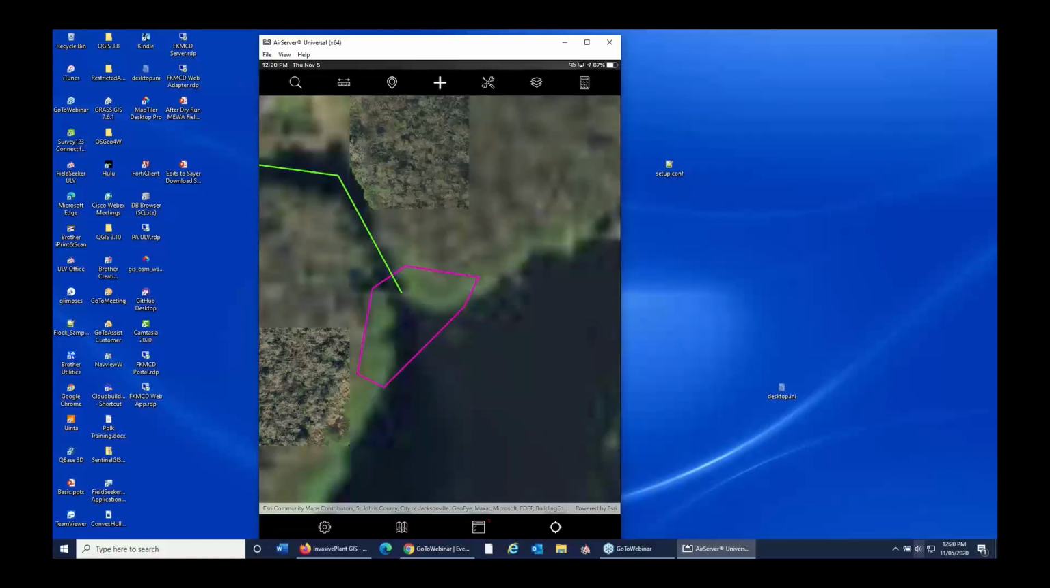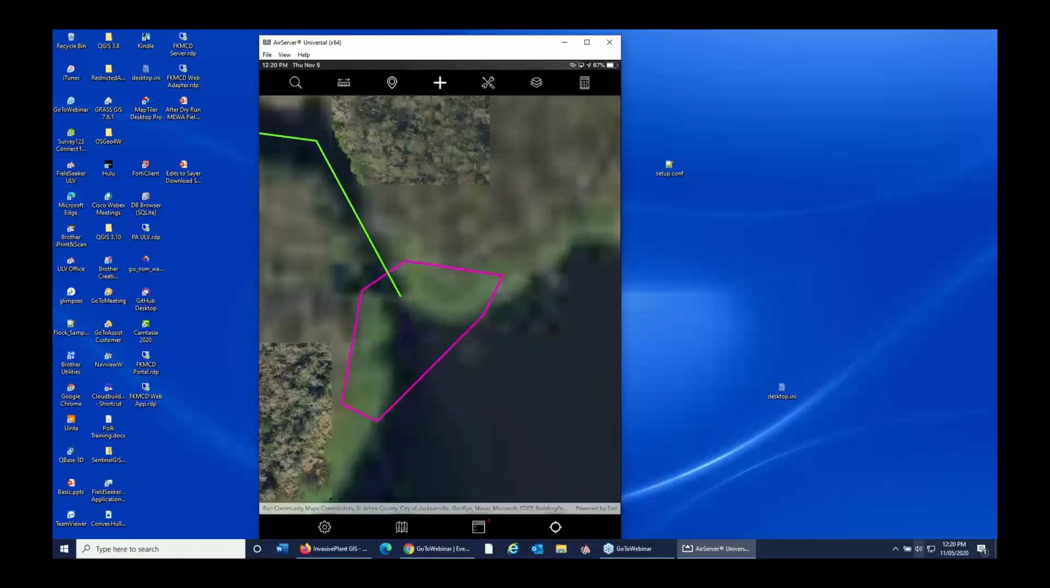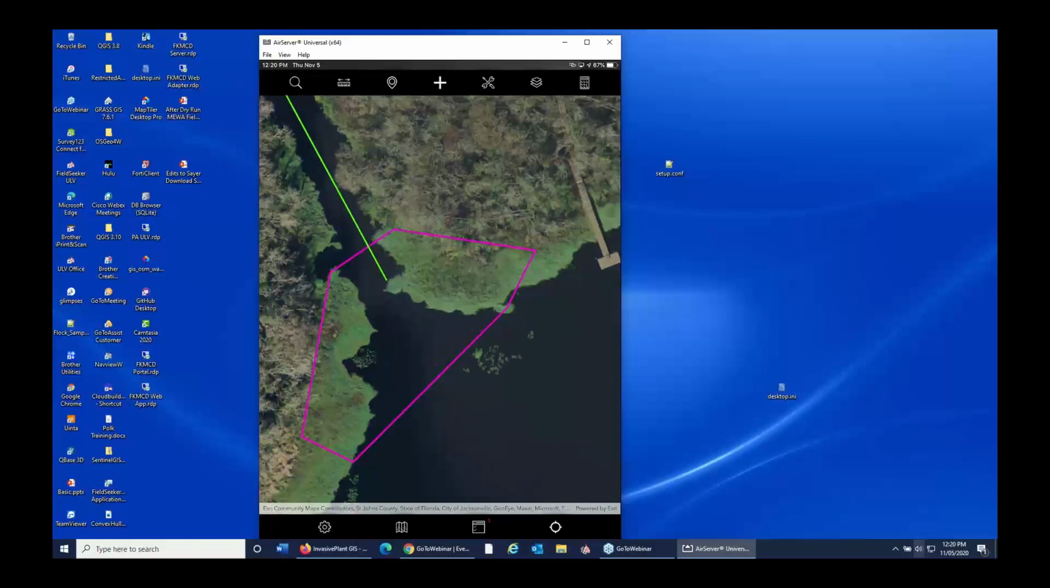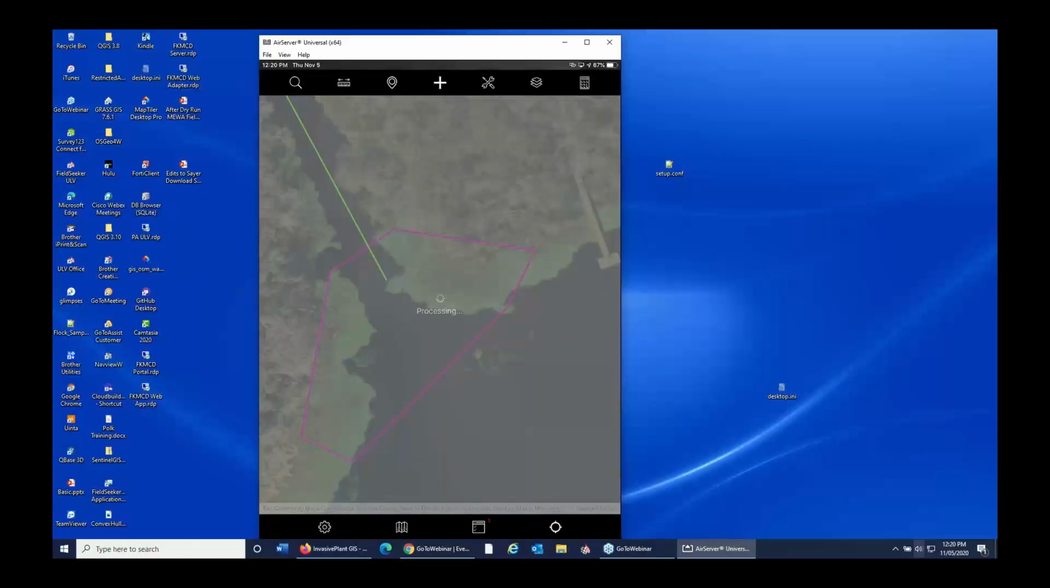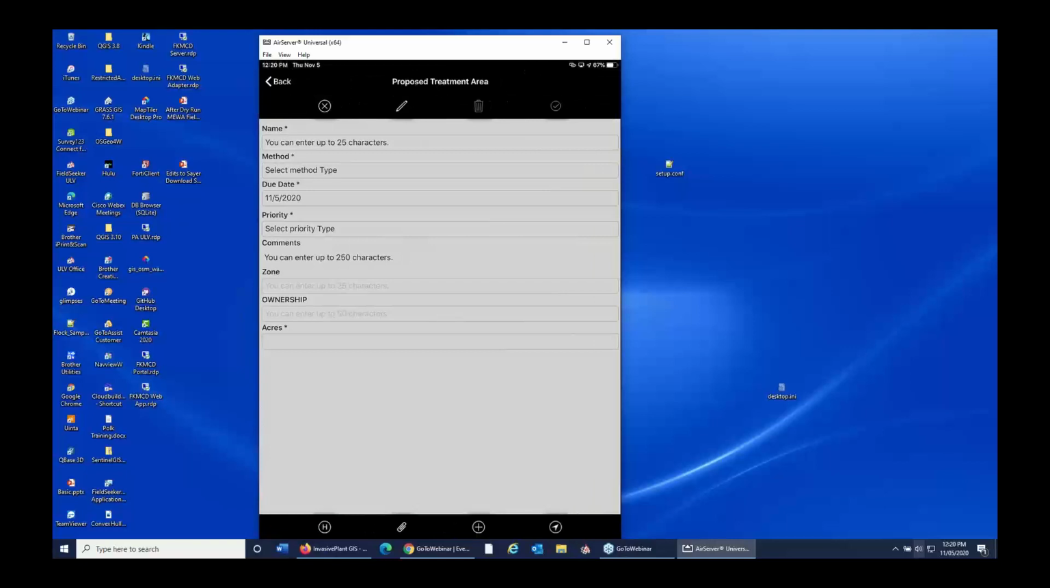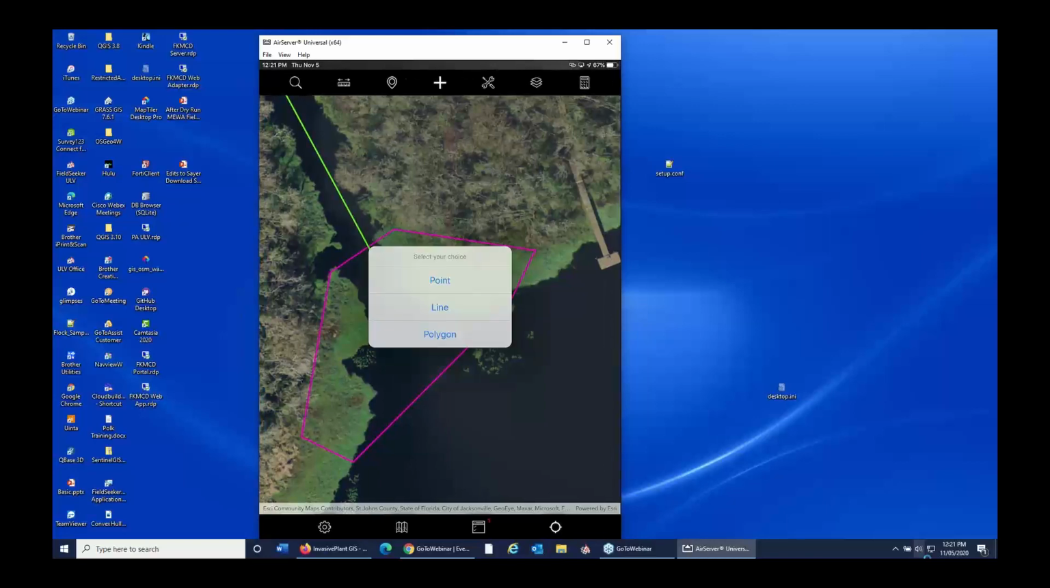So let's say that the crew goes out and they're doing a mechanical treatment. In the case of water hyacinth, they might actually just cut the plants loose from the stems, and otherwise just physically attack these plants. So if I tap on the proposed treatment area, there's the info that we put in. If I hit the plus button at the bottom, then I can record a related mechanical or chemical treatment. So I'm going to do a mechanical treatment, polygon,